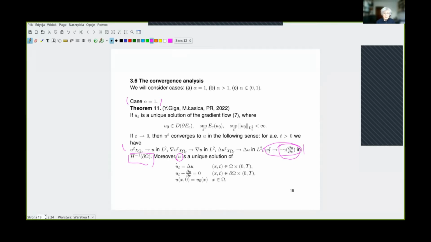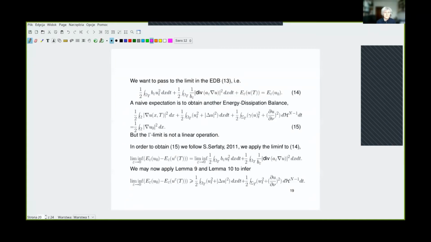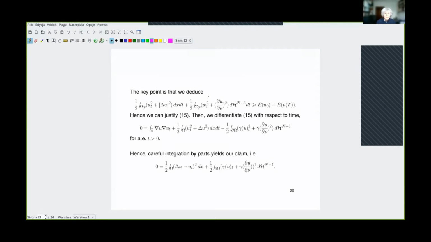I mean, the limit is a solution to the heat equation with the dynamic boundary conditions. And how do we do this? We start with the energy dissipation balance, and we wish to pass to the limit. I guess I have 2 minutes, so I will skip the details. So the point is, we are able to pass to the limit of epsilon in this energy dissipation balance to get